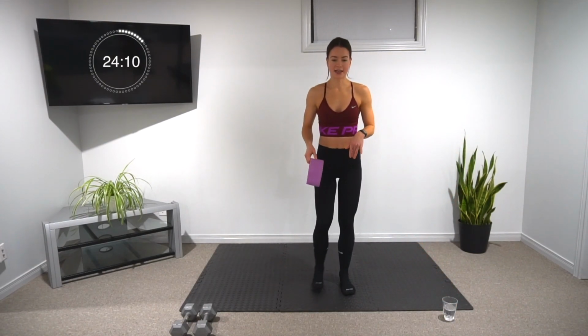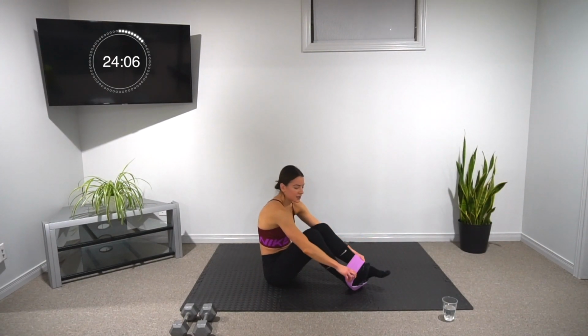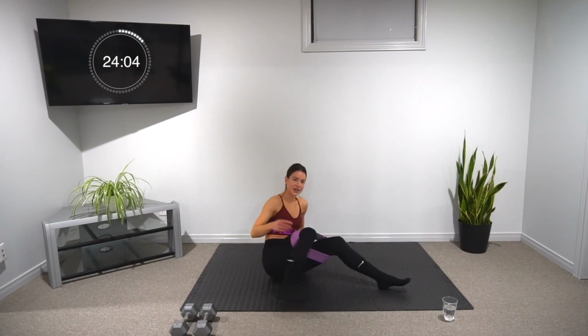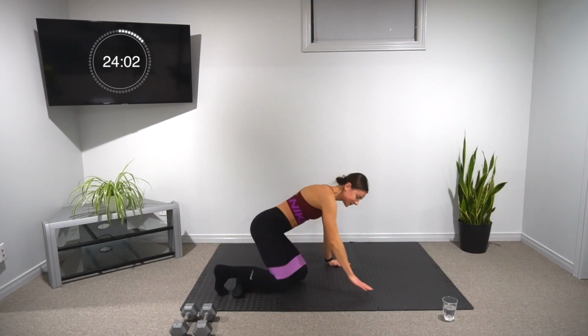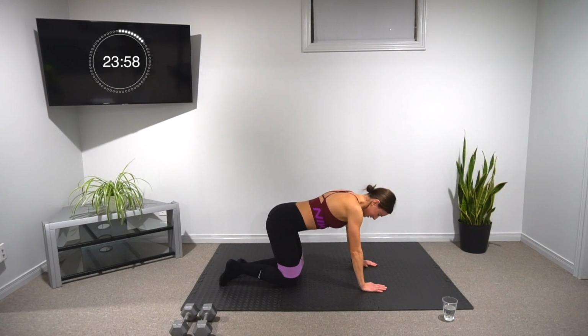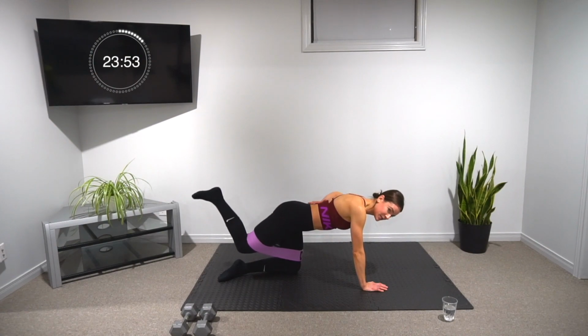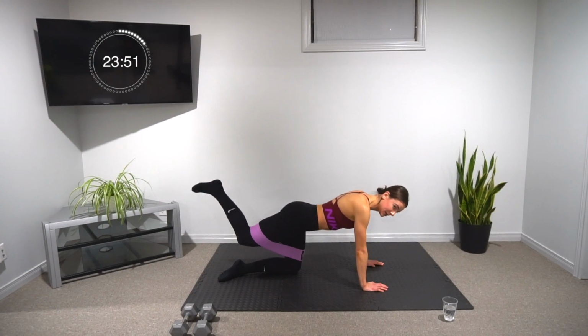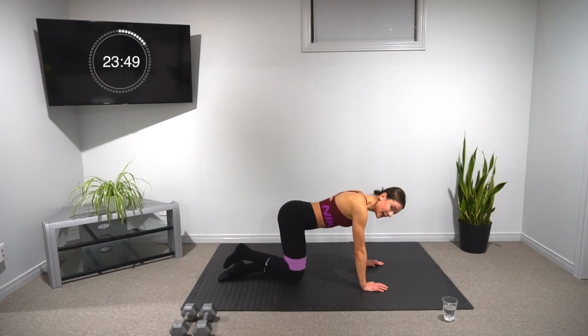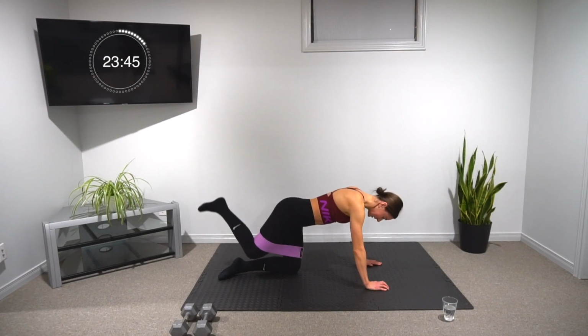All right, so 15 seconds, I'm gonna go ahead and start demonstrating. Band is gonna go over top of the knees. You can get into position with me. We're doing banded kickbacks to fire hydrants. So let's go. We're gonna keep the core tight. I'm not going to extend my spine, using my glutes to kick back, and then out to the side into a fire hydrant. We're doing 30 seconds each side,